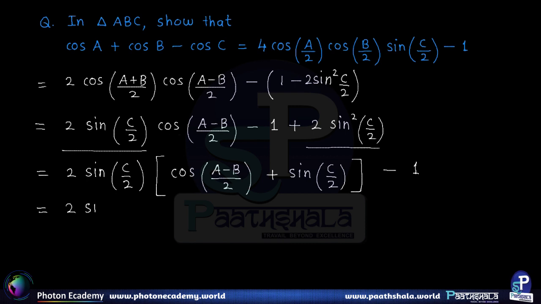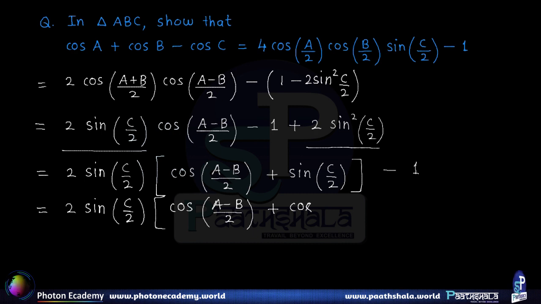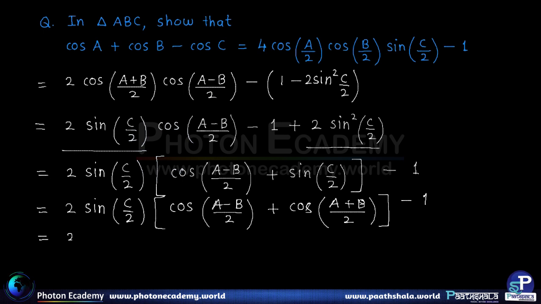So moving on, we have 2 sin(C/2) into the bracket cos((A − B)/2). Now sin(C/2) can be written as cos((A + B)/2) using the results for angles of a triangle. Minus 1. So simplifying further, we get 2 sin(C/2) into